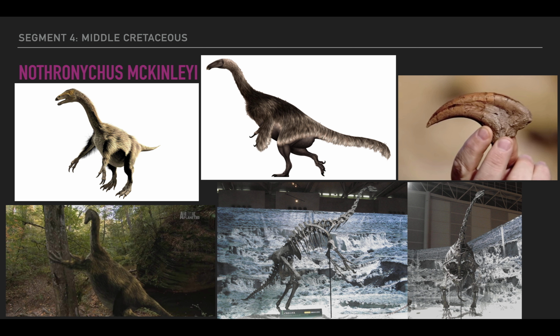Nothronychus. Well, one thing I wanted to say, maybe it's a good way to start, is that just like Zuniceratops, it is outside of the time period, so it's not consistent by 1 million years. But otherwise, I actually...